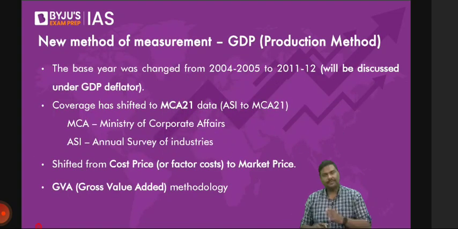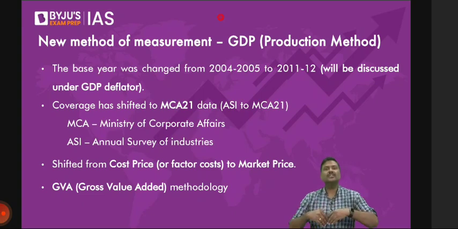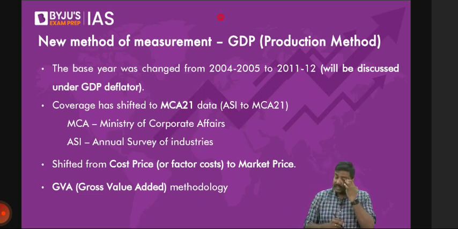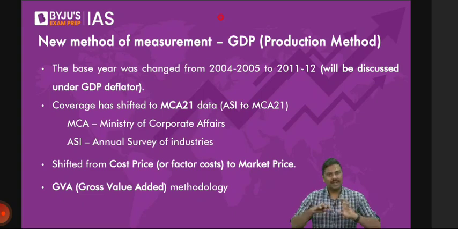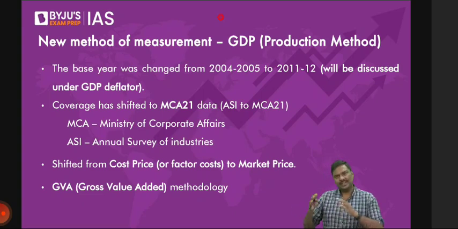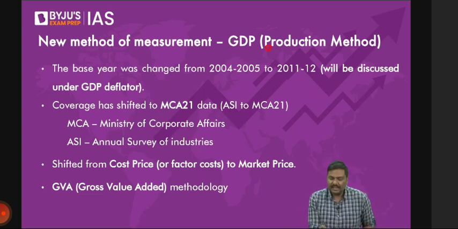Now let me pick up from there. Whenever we talk about GDP, I said there are three methods. But out of the three methods, which are the most important methods used in India? One method used is the output method or production method. Second, the income method, is very difficult because it is hard to collect all the income data in India. But the third one, the expenditure method, is also used. So the first and third are used. Let me have a discussion regarding GDP calculation through the production method.